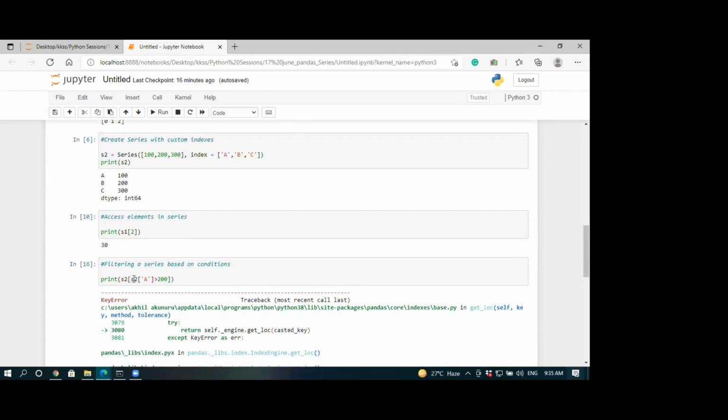No. Here, what we are trying to do is see in the S2 series if this condition is satisfied, then you bring those elements. So you're trying to take one of the elements, that is A over here, and do that for all. For B, we do not have an A element, right? No, I wanted to check that condition only for this element. Okay, that is not sensible, because we are trying to print.